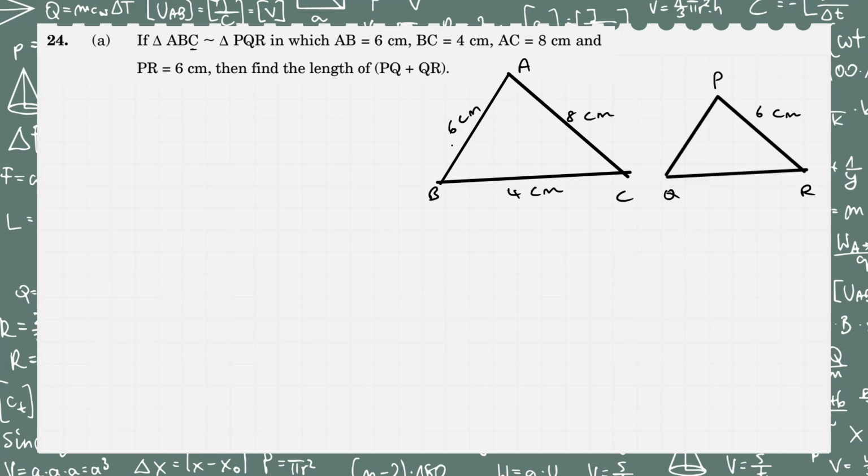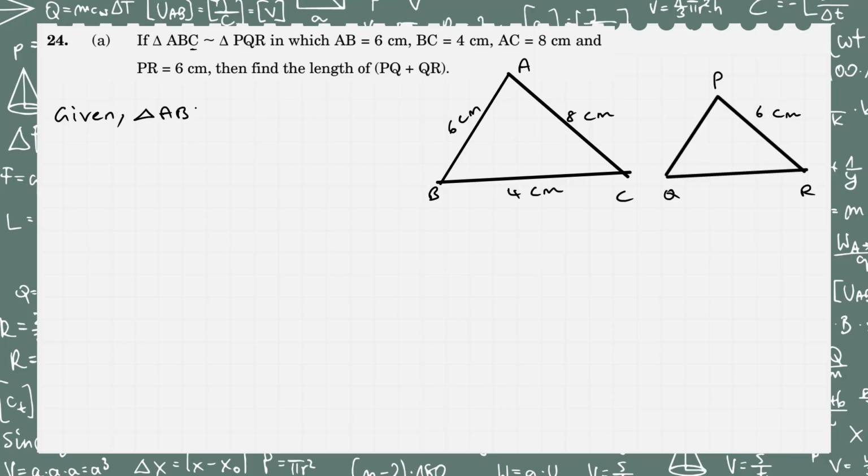So I have drawn ABC and PQR, both the triangles, and the corresponding sides are AB in the first triangle and PQ in the next triangle. They both are corresponding sides, and BC and QR are the corresponding sides, and AC and PR are the corresponding sides. See the measurement of AC, it is given as 8 centimeter and PR is given as 6 centimeter. So ABC is bigger in size compared to triangle PQR. So coming to the point, given